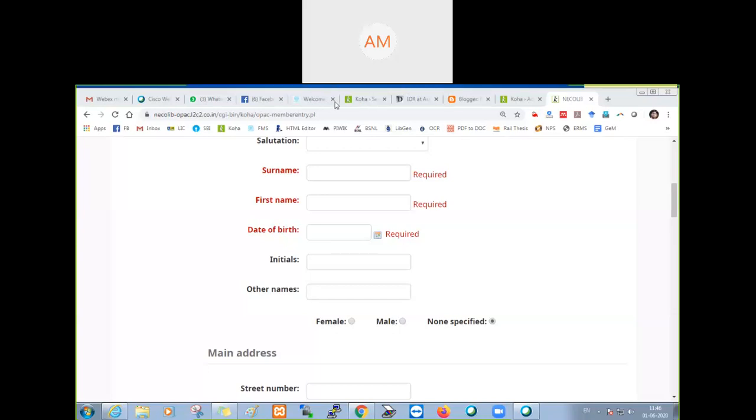Just hold on. So this is how we have made another field mandatory.